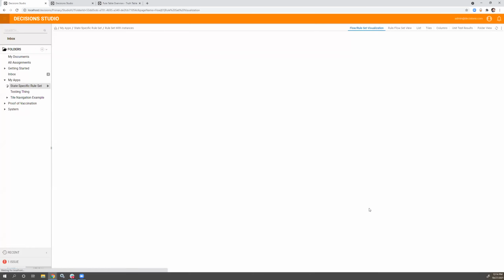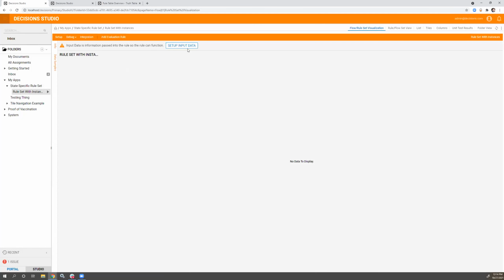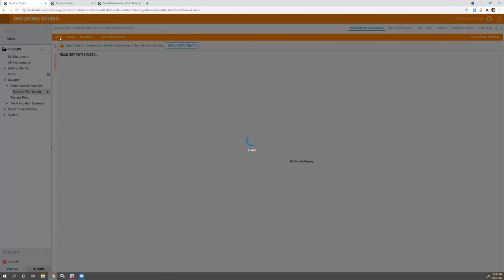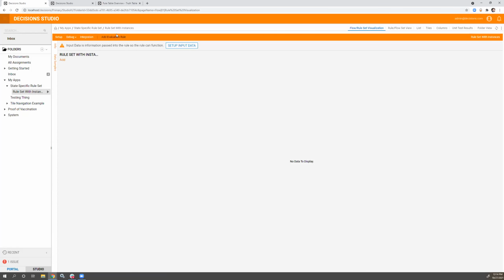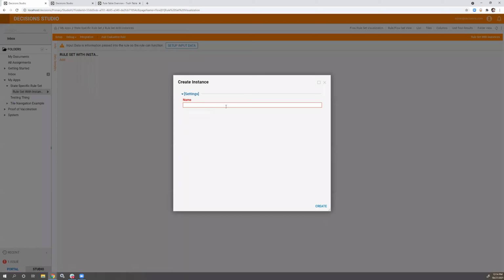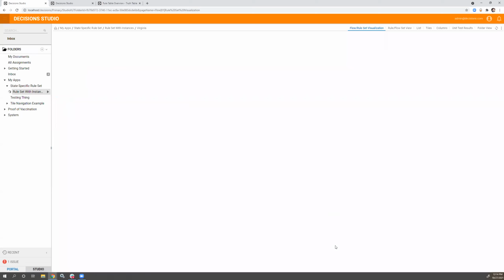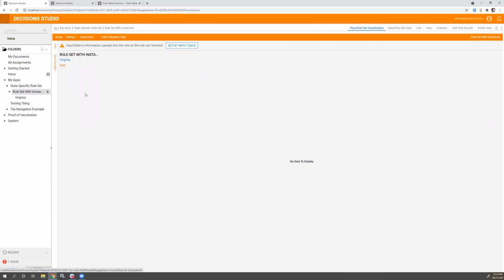And this is not how it's determined. So you come up here, and in the setup section of the rule set, you can say template with instances, right? Now you can do this. Okay, let me just refresh. Essentially, you can right click it and add create instance, right? In this case, I'm going to do Virginia, because I'm making state specific rules. So I have my rules that run every single time, but I also have instances that I can run